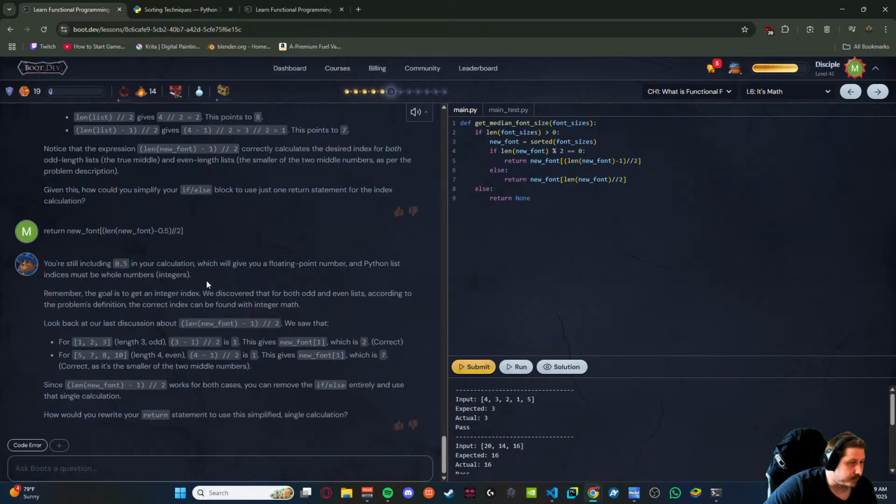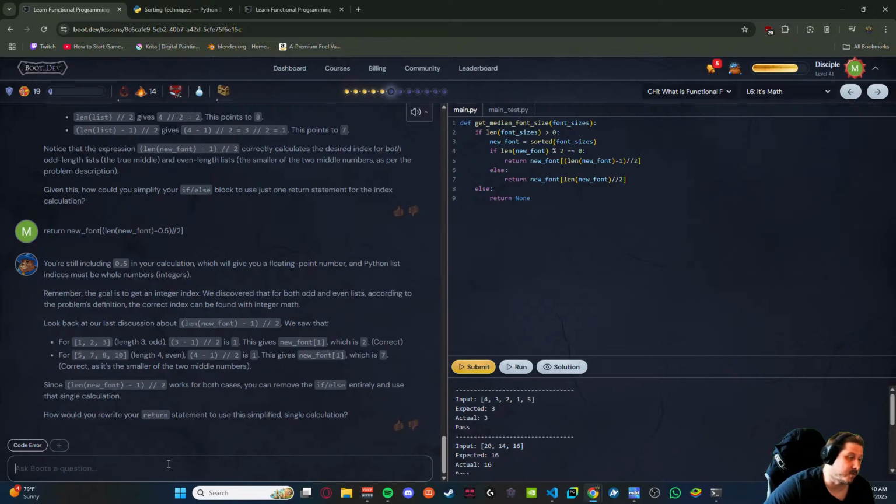Including point five finds your calculation, which will give you a floating point number, and Python list indices must be whole numbers. Okay, cool. Since len minus 1 works for both cases, you can remove the if else entirely and use that single calculation. Does it work for both?